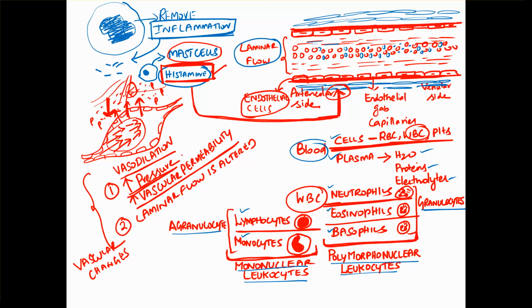Okay, so now I hope you all understood the vascular changes happening in inflammation. Vascular changes are the first change which happens in inflammation, which is immediate, fast, and rapid. So it is called acute inflammation. Okay, so next step is